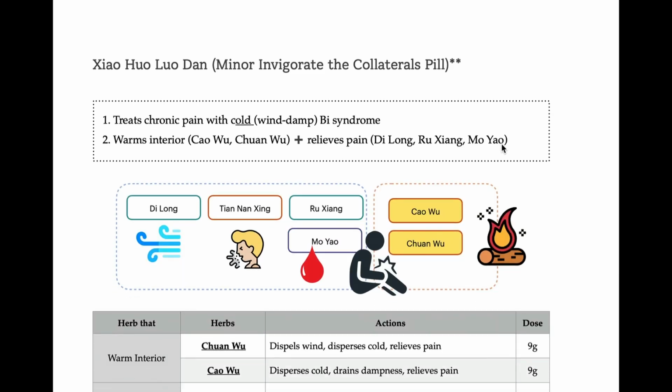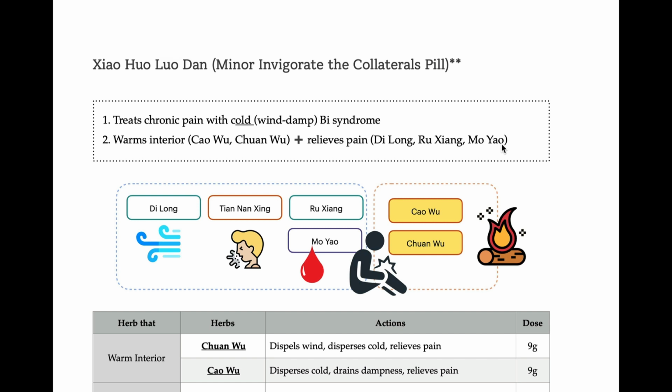Okay, Dahuangfuzi tang. What is the keyword for this formula? Excess cold. Excess cold is the keyword. So two formulas you should remember for excess cold. If the question asks you this way: when you touch, pain is worsened, and that pain is worsened with coldness and released with warmth. But when you touch it, the patient does not like that. That is excess cold. So Xiaohou cannot be used for deficiency cold. And Da Jianzhongtang can be, but is usually used for excess cold. So remember those two formulas for excess cold.